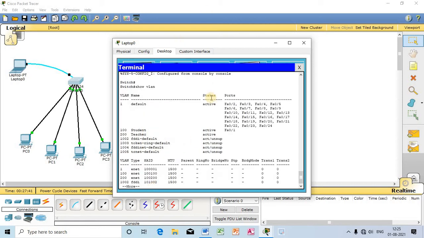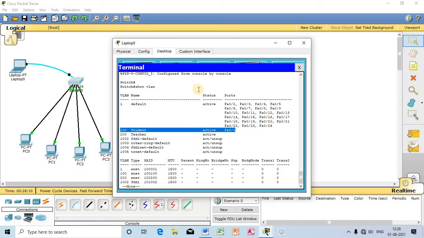VLAN. Just observe VLAN 100, name student, status active. See, Fast Ethernet 0/1. So I have assigned this particular port under this VLAN. Previously this VLAN was kept empty. Now I have assigned a port to it.